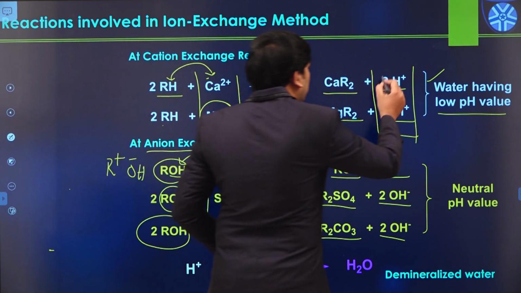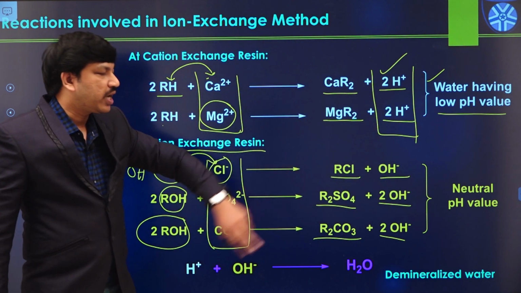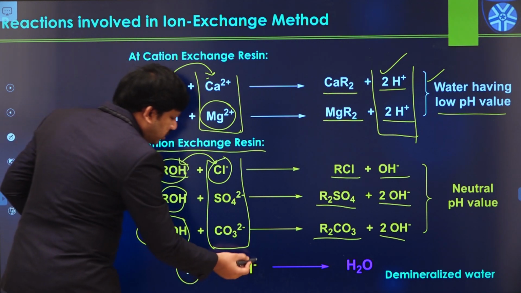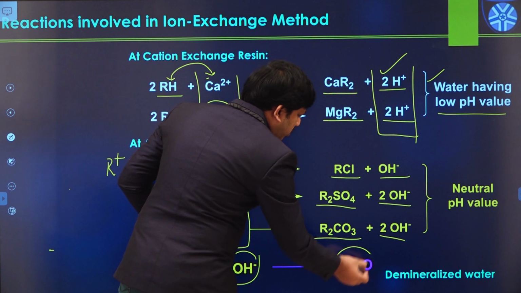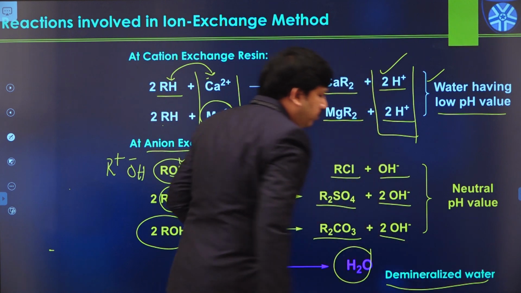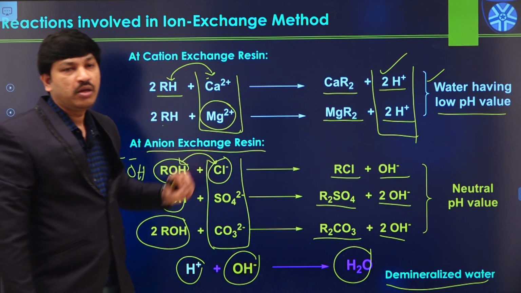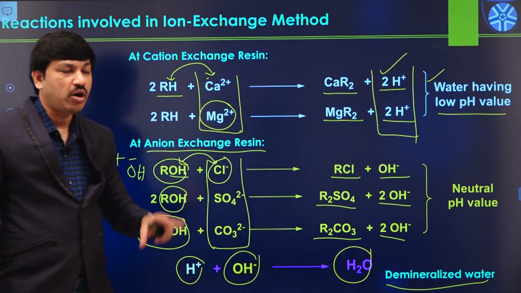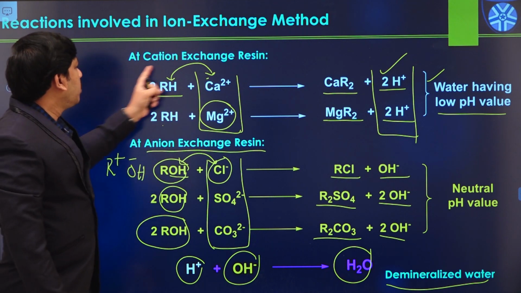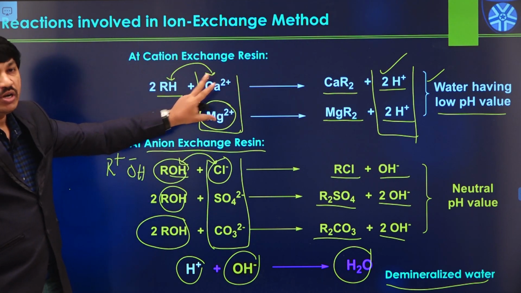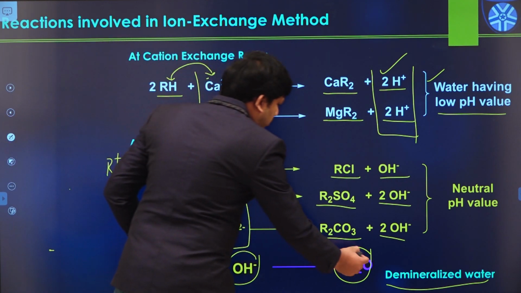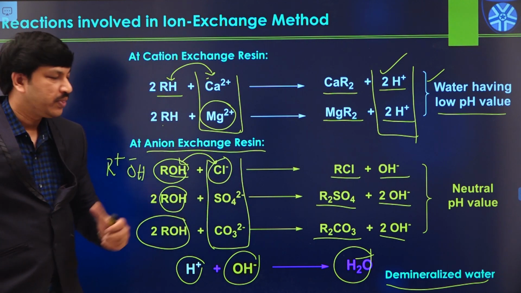In the first stage, there is the release of protons. In the second stage, there is a release of OH minus ions. Then what will happen? H plus ions can easily combine with OH minus ions, and there is a formation of corresponding water like this. And this water is called demineralized water, because we are removing all types of salts from the given water sample, like cations, anions, all ionizable salts are removed by this method. Okay, so at the cation exchange resin, these are the possible reactions. At the anion exchange resin, these are the possible reactions. Finally, there is a formation of corresponding water in this manner, that is called demineralized water in this method.